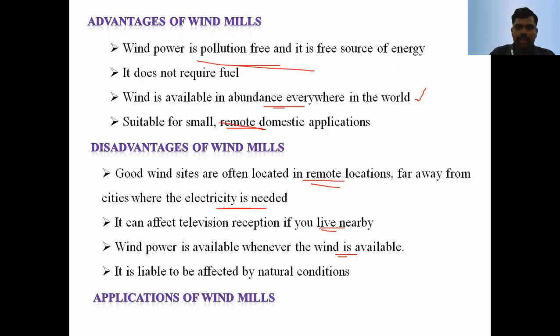Today's topic, we discussed what is the wind power plant and the major components of the windmill, and classification of the wind power plant, that is horizontal axis windmill as well as vertical axis windmill, and comparison between horizontal axis wind turbine and vertical axis wind turbine, selection of site for windmill, advantages, disadvantages, and application of the wind power plant or windmill. These are the topics we have discussed today.